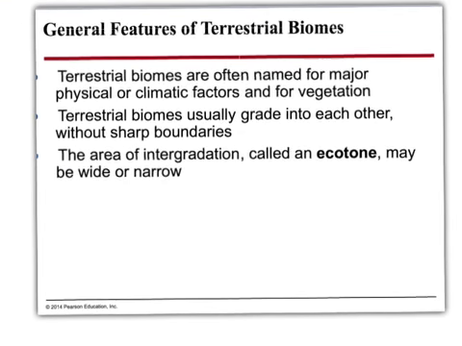General features of your terrestrial biomes: they're usually named for physical or climatic factors and for vegetation. So forests, lots of trees. Coniferous forests, a type of tree; broadleaf forest, a different type of tree. That's characteristic of that biome. And there's an area of what we call integration, or an ecotone. If we went back to that graph, an ecotone, or that sort of gray area, that transition area, can be wide or narrow depending upon